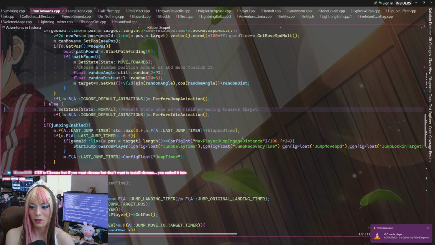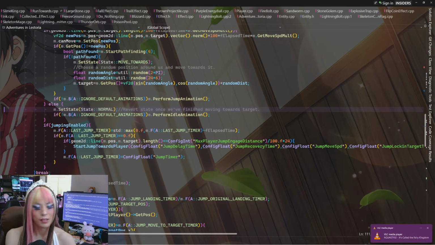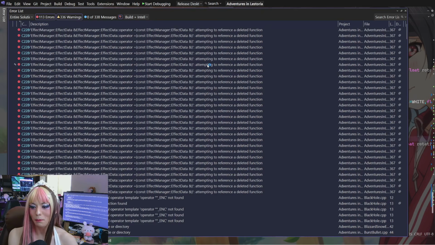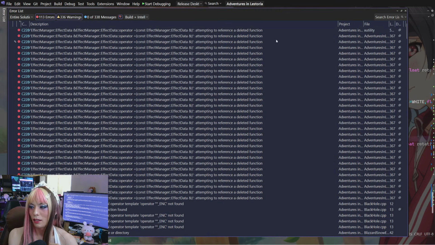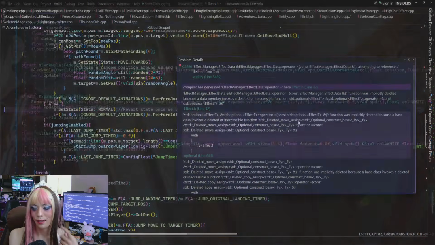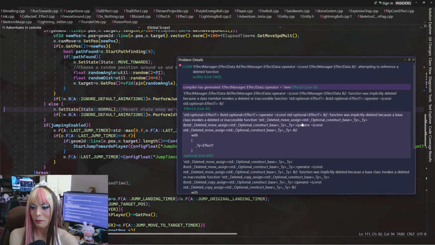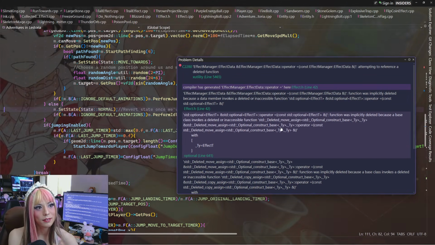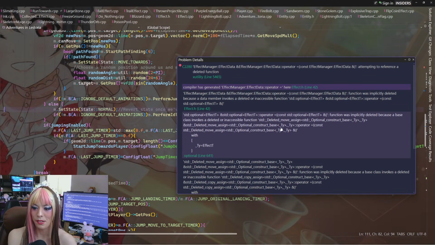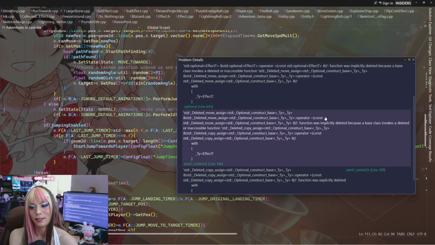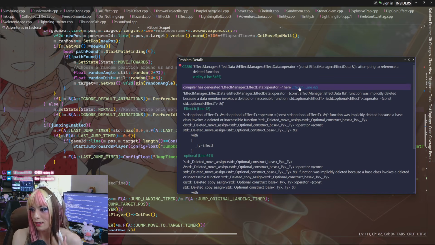CEF is Chrome, but if you want Chrome but don't want to install Chrome, you embed it into your own app. Oh, that's why it sounds familiar. It's kind of like how Discord has a web interface built into the desktop app. OBS uses it. It's like that, but it's a different thing.